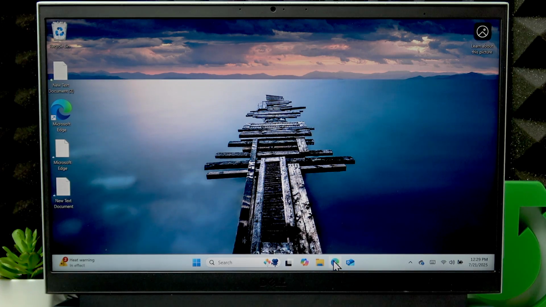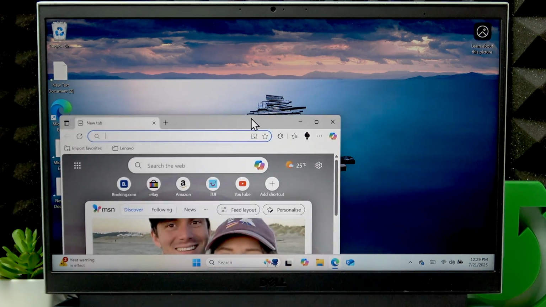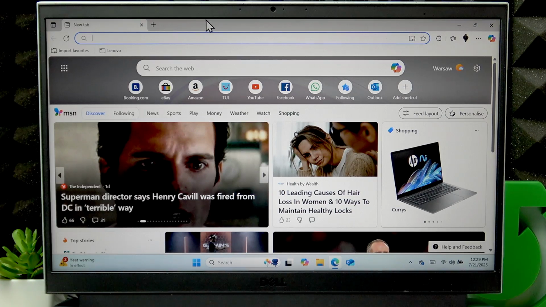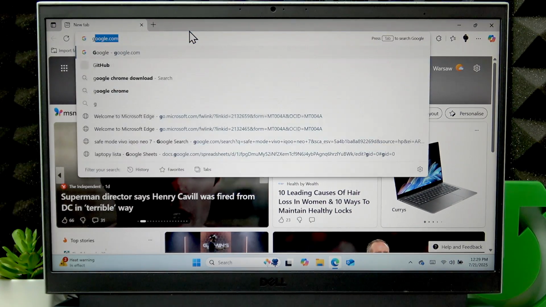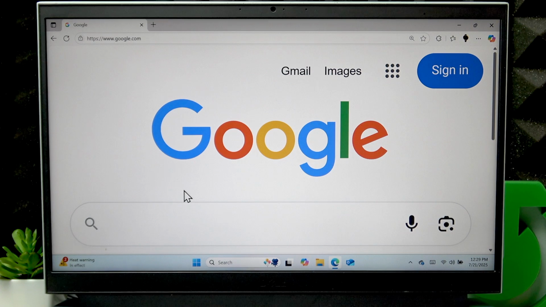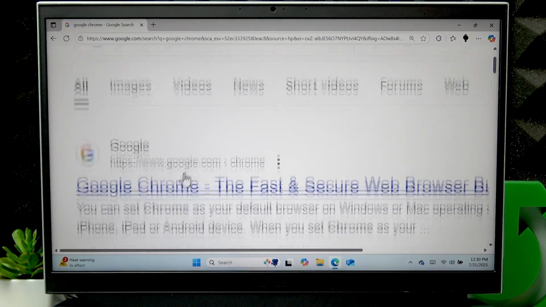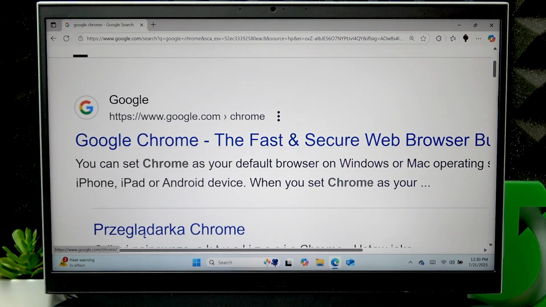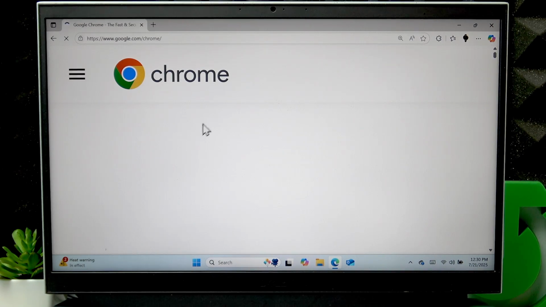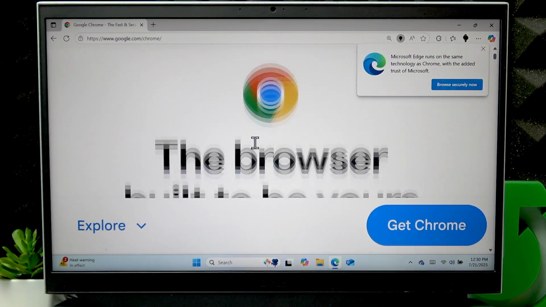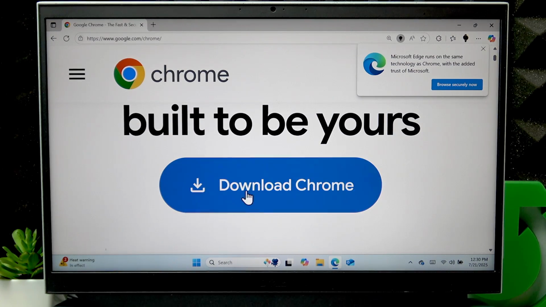First, open your web browser like Microsoft Edge that is installed by default. Then open your search engine and search for Google Chrome. Find the Google Chrome on the official Google website. Press Download Chrome,